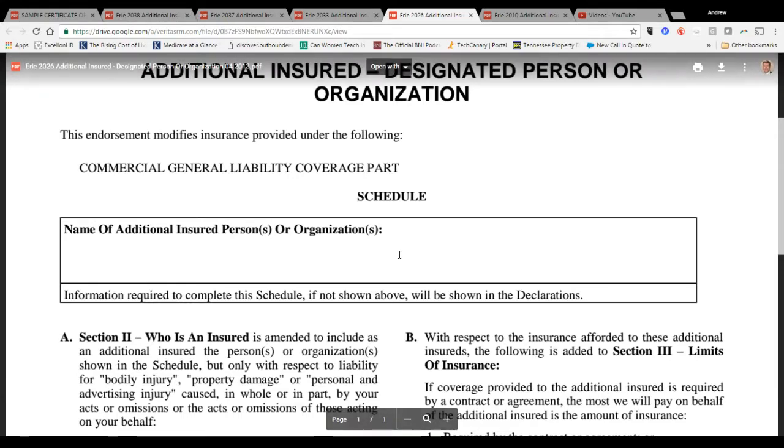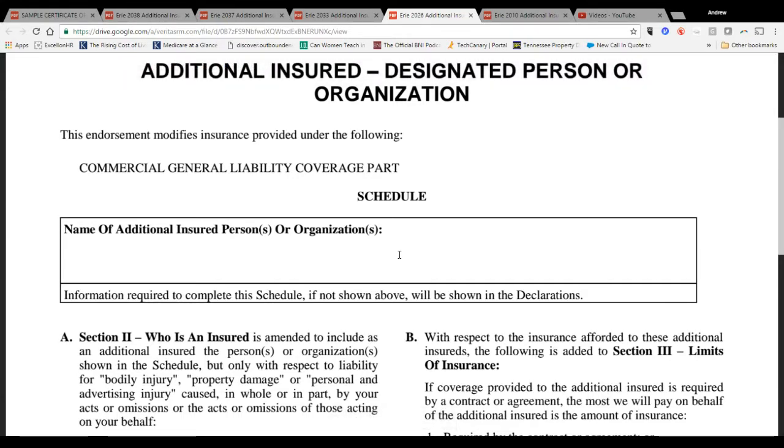Again, anytime you list something on a policy, that's probably going to be a charge. That's why I like those blanket ones as well. There's also a form that gives additional insured for the owner of a building. Most policies cover that automatically. So if you're renting a building and the landlord says, hey, I want to be named as an additional insured, check. You probably have blanket additional insured for that. It's not a construction contract, it's a different form, but a lot of companies throw that in. There's no additional charge there. But if they're actually wanting to be named and listed on the policy, then there can be a charge.